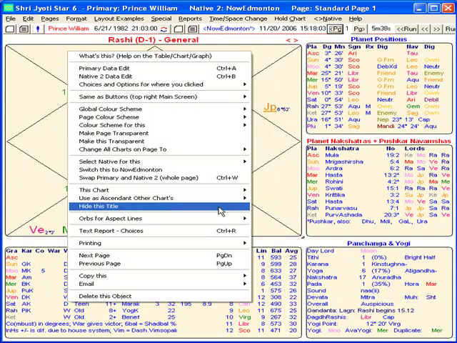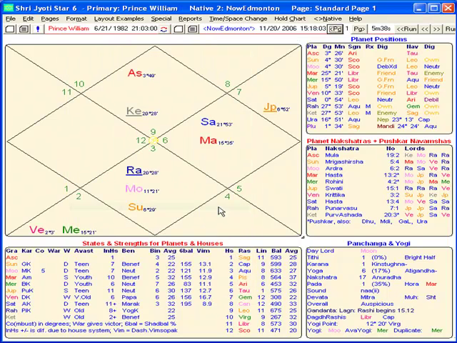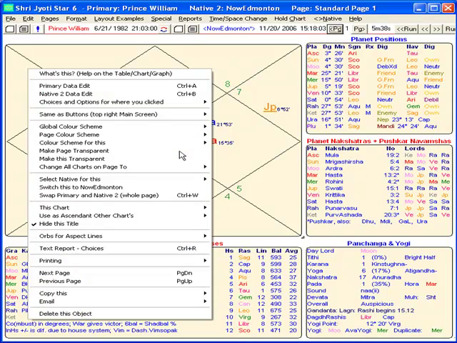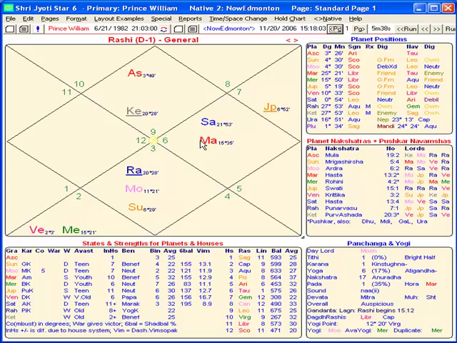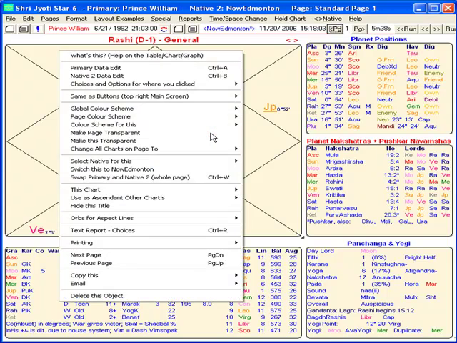And then here is an option that you can hide the title. Suppose you don't want to see a title at the top of a chart, it'll just take it out. And this can be good for printing. So we can put it back. And the titles, there are two types of titles. You can have this kind of title, which is kind of descriptive, or you can have a title which is basically the name of the person,